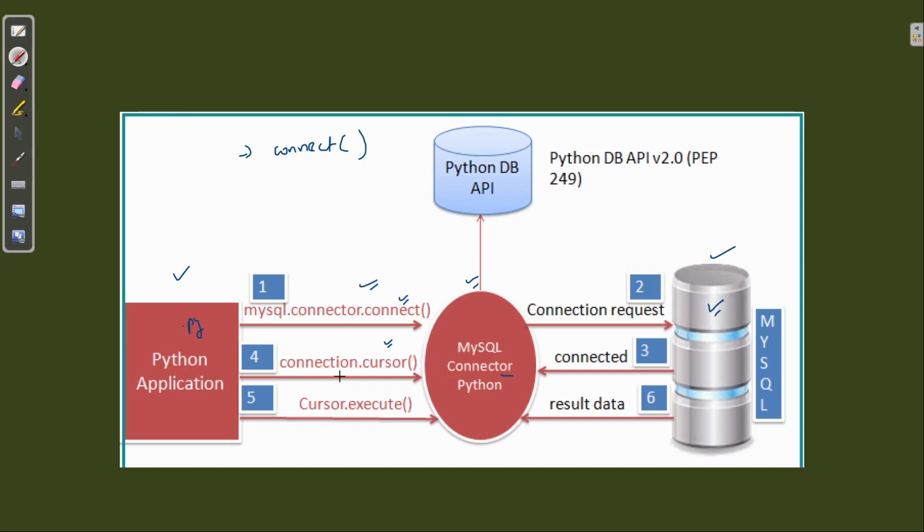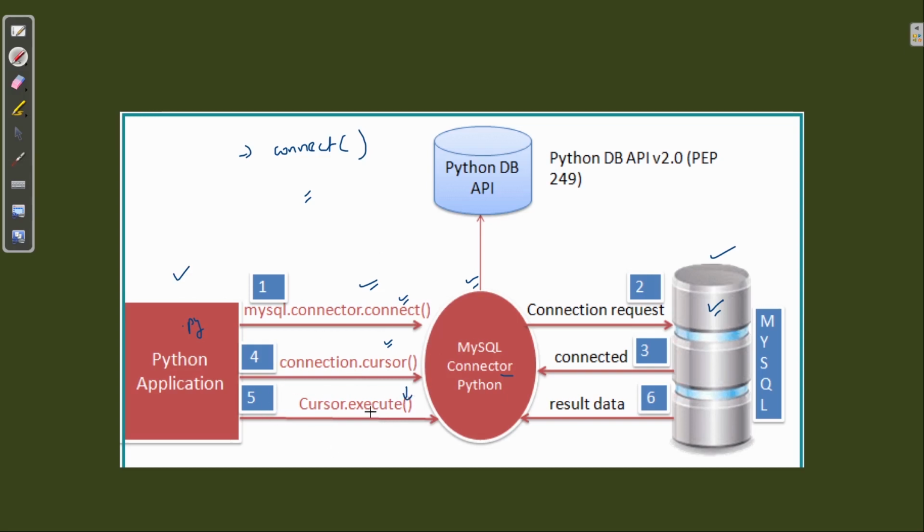After calling this cursor function, we can execute all the queries. Suppose I want to have specific data from a specific table, say xyz, and from a specific database. We can write all those things in this fifth step.